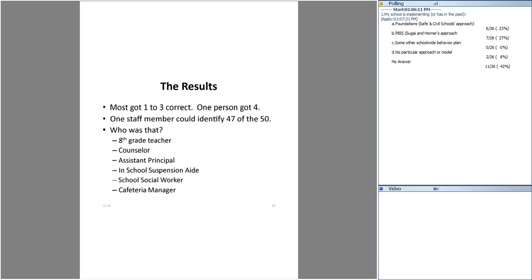And in talking about this with my wonderful colleague and friend, Bob McLaughlin, who's a Foundations trainer, the principal went on to say, it is not that these 50 kids had been in school suspension. Remember, these kids were randomly selected. It's that this person took the time every day, every passing period, to be out in the halls making an effort to greet students, talk to students, etc. And by the 3rd time she's introduced herself to a student and that student was comfortable with her,